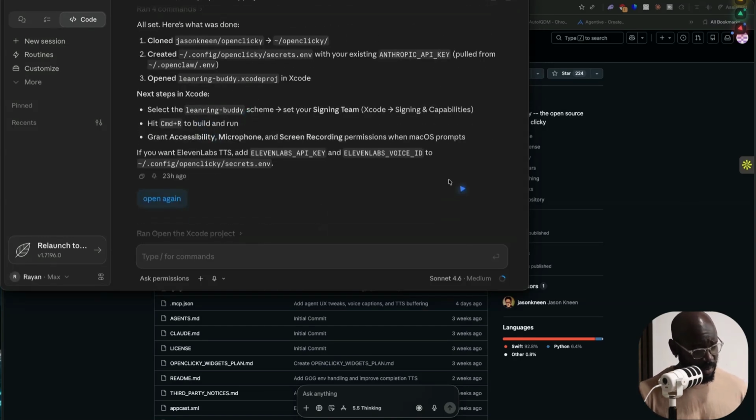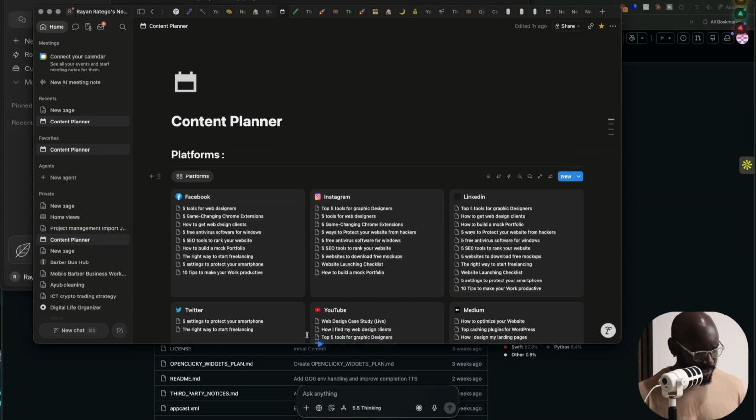I will say it is probably the handiest tool that I've actually added onto my stack recently. Its capabilities I can see evolving to something that's really phenomenal. That's a working content calendar. I didn't watch a tutorial. I didn't read a blog post. Usually, especially with Notion, the barrier for entry is a little bit higher in comparison to everything else. So having a tool that can literally perform these tasks for you as you run everything else is a massive